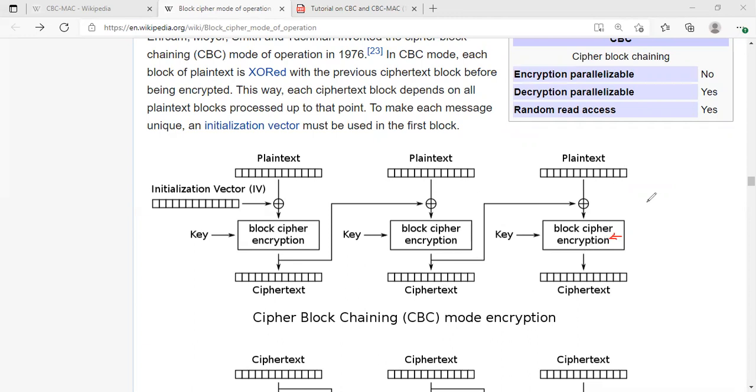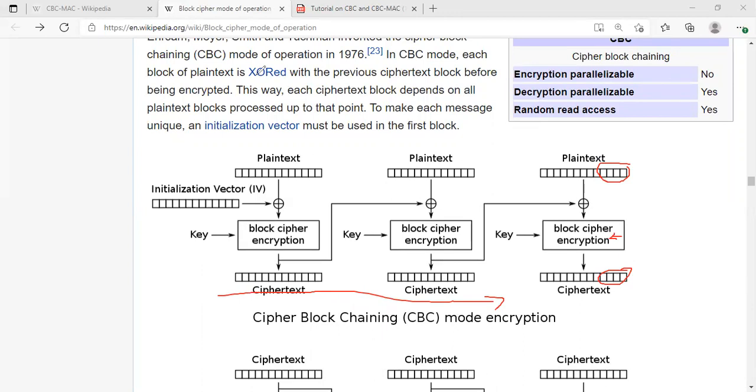So what if the plain text is not a multiple of 16 bytes? In that case, we add padding to make it a multiple of 16. I talked about it in the previous segment. Now the question is, how can I find the length of the plain text given the length of the ciphertext? You can simply count all the bytes of the ciphertext, right? Until here, easy. But then you don't really know how many bytes are padded here. Therefore, we don't know how many bytes here have to be ignored. That's the challenge, and I will show to you how to solve that challenge easily. All right, let's get started.